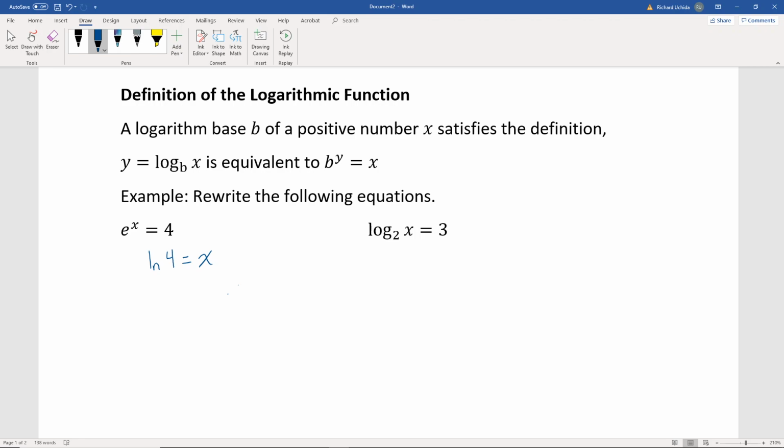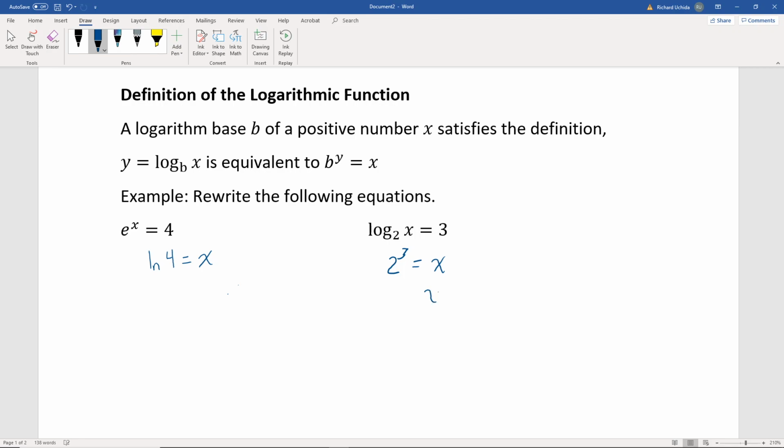Now let's look at this logarithmic equation. If we have log base 2 of x equals 3, then rewriting this in exponential form, the base of our exponential is 2. And remember, what the logarithm is equal to is the exponent needed to raise 2 to get what's inside the logarithm. So in this case, our exponent is 3, and what that's equal to is what's inside the logarithm, so that'll be x. Rewriting that logarithmic equation in exponential form, we get x equals 2 to the third, so